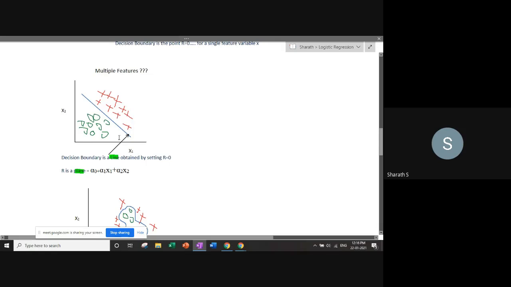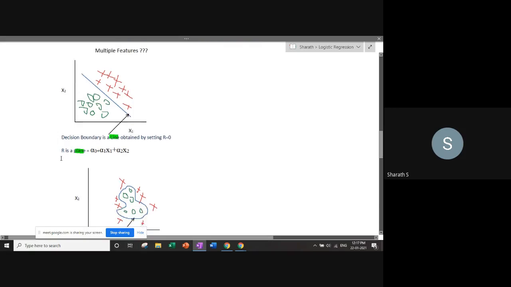In a classification or logistic regression problem, you are not fitting a line, but you are fitting a decision boundary. And you are telling, this is my boundary. On one side of my boundary is one class, and on the other side is another class. So this is a boundary line, and on one side of this line is my 0 class, and on the other side is my 1 class. So that is how it works out.